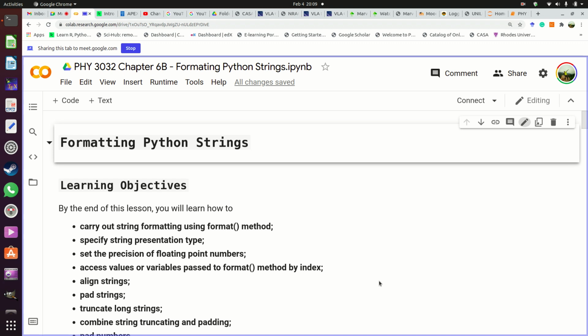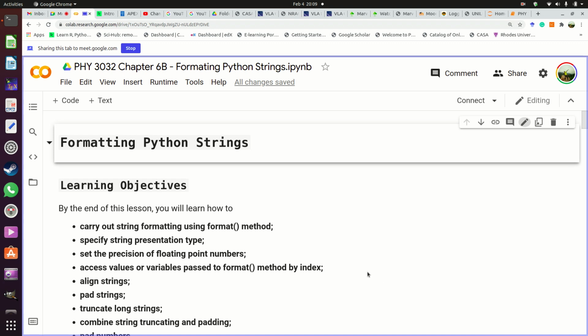Yes. Yeah, so basically sometimes you want your string to look a certain way. For you to accomplish that, you need to do a bit more work. Not impossible, but a bit more than what you have been doing with printing this string, where we see whatever Python has given us. Okay, so this evening